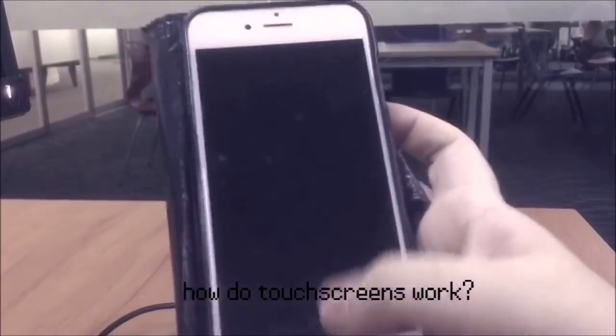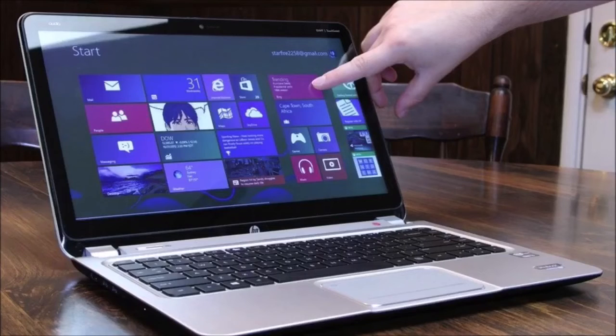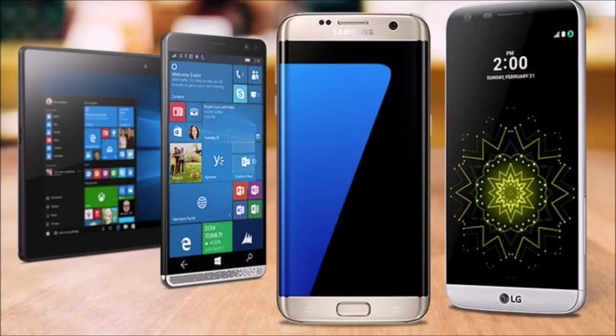How do touchscreens work? Touchscreens are now a common form of input device. They allow simple touch to launch an application or to carry out many of the functions of pointing devices, such as a mouse. The main use of touchscreens is in mobile phones and tablets, and sometimes in laptops and computers that have touchscreen functions. There are three major types of technology applied to touchscreens. These are